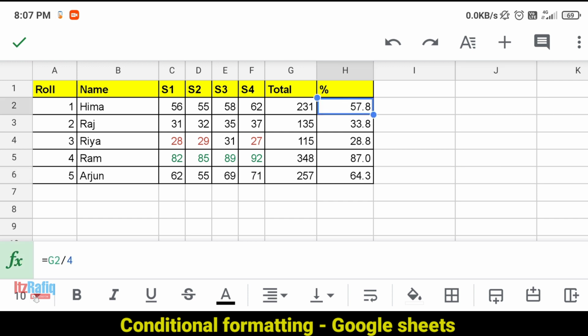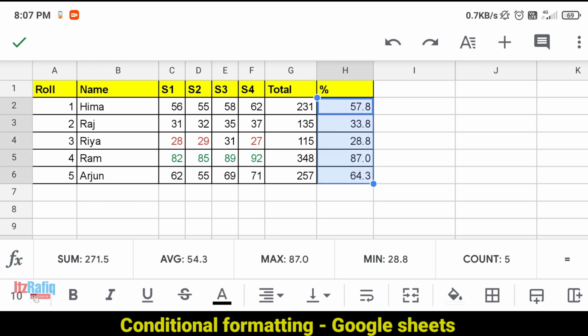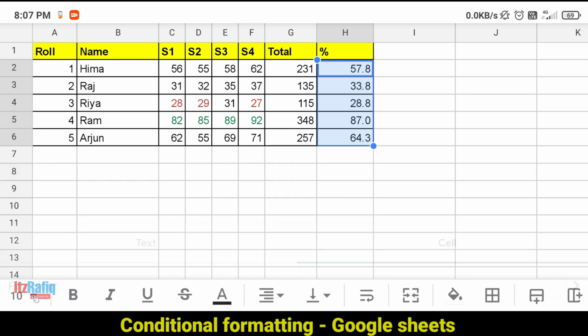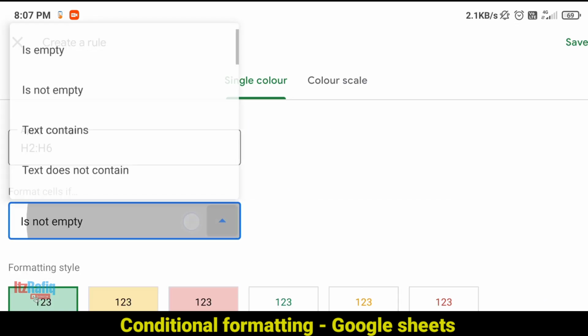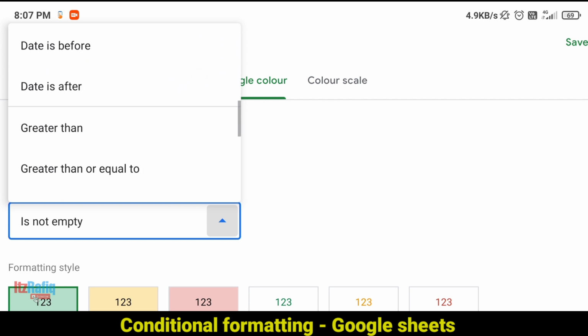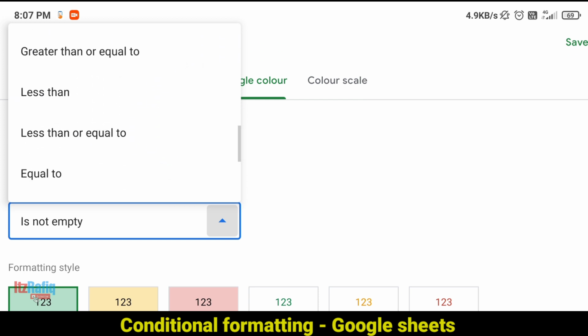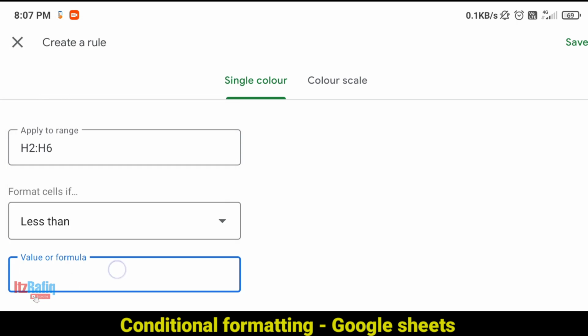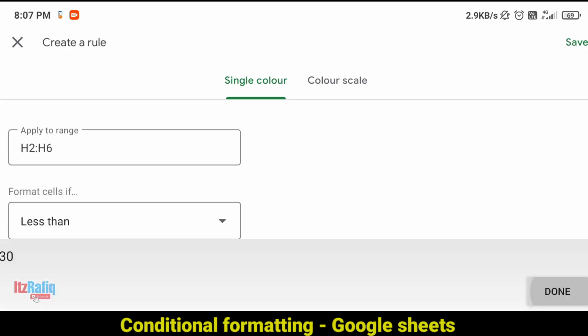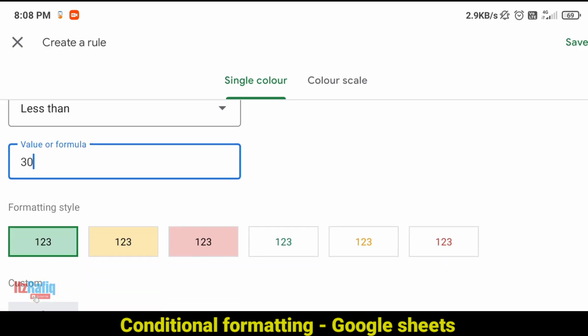So we will select the percentage column first. After that tap on plus, then cell, conditional formatting, and here in place of is empty you will select less than. Here you select 30, which means whose percentage is less than 30, they should display in red color.